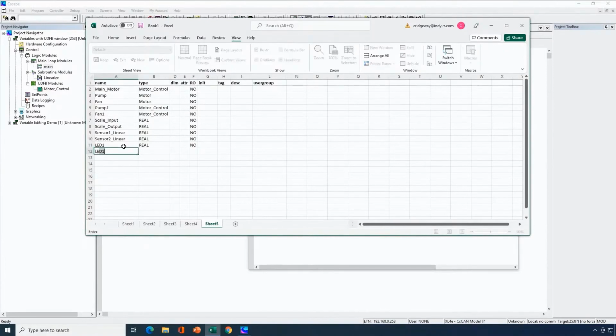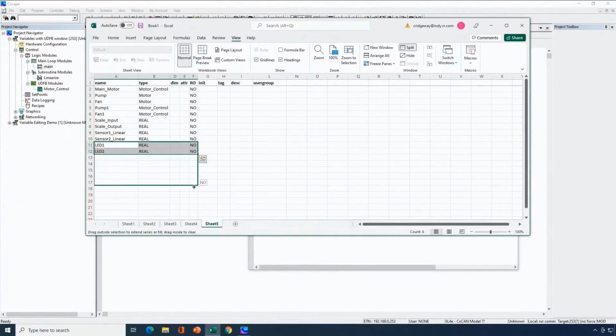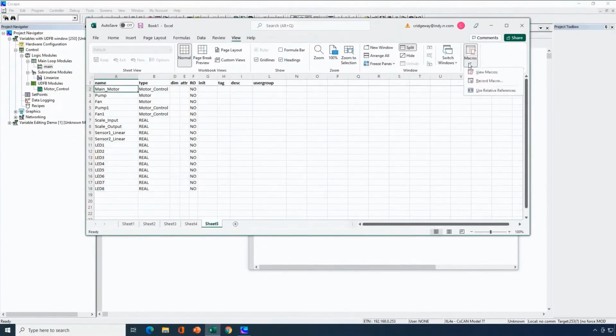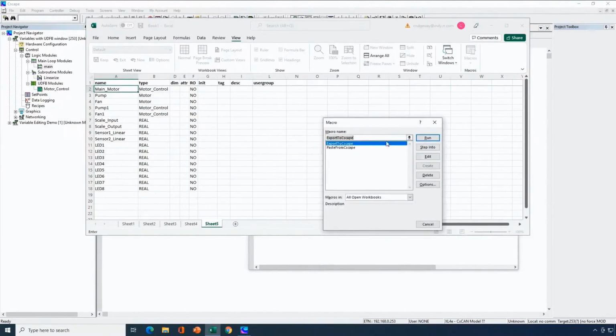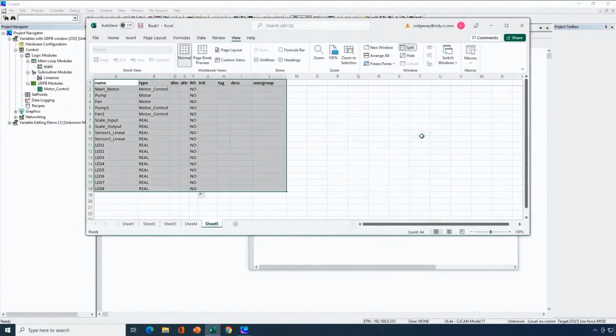I'll type another one in here, LED2. So far this isn't any faster than a text editor, but now I can stretch this down, and once that's complete I'll have 8 variables for LED1 through LED8. Next I'll go back to my macros, and I'm going to view the macros again. This time I'll select Export to Cscape. I'll run that macro,